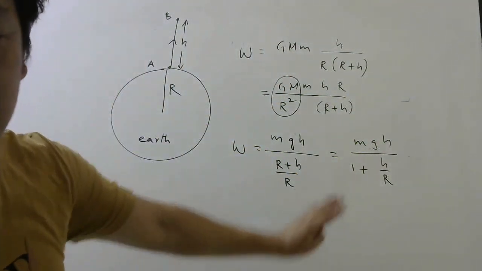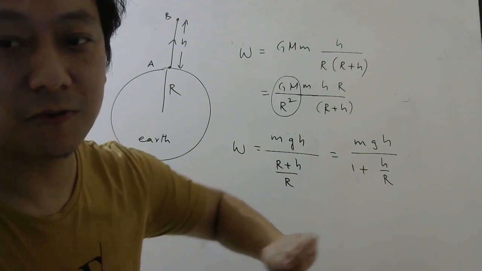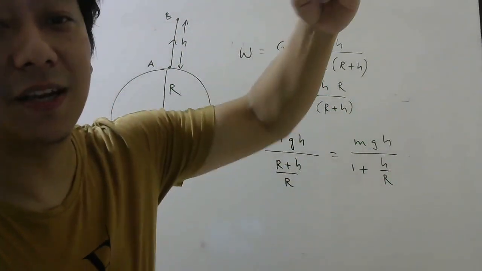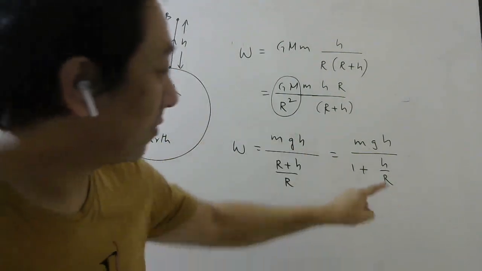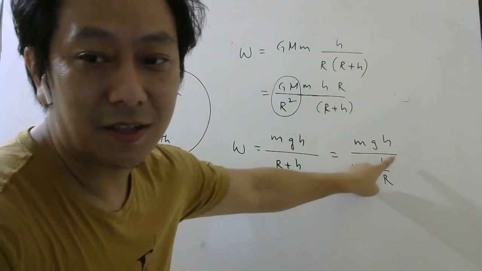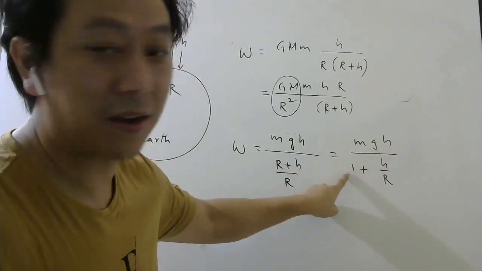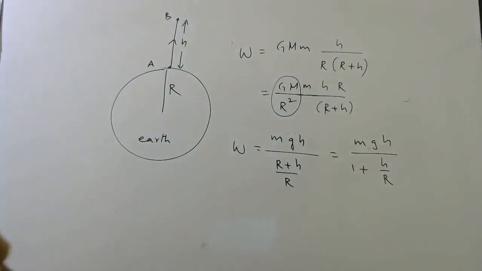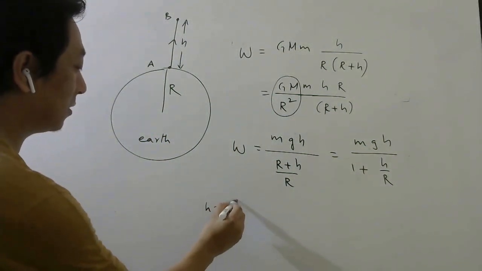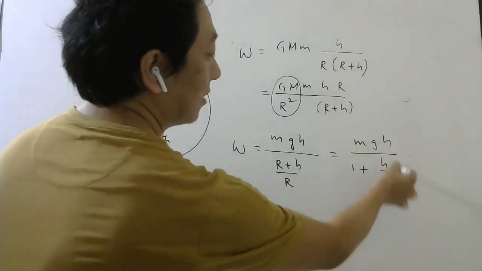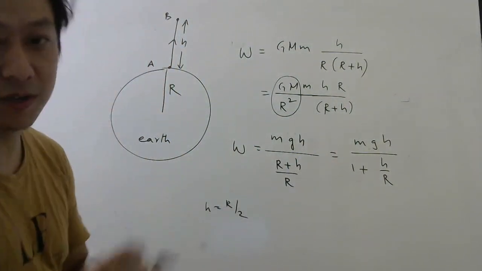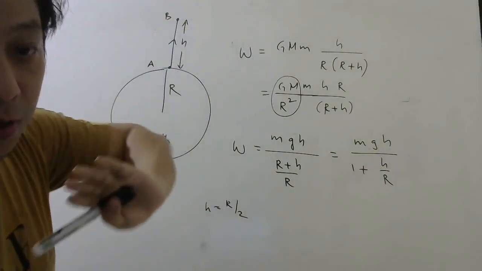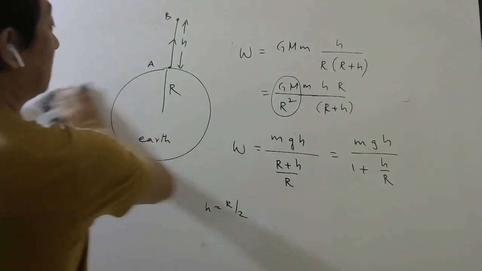So this is a formula you will find in many textbooks. People use this to find directly the work done to take a body from the surface to some height h. Now if your height is very small, if h is very small compared to R, then h by R will be almost 0 compared to 1, right? In that case it will become mgh. Okay, but if your height is, let's say, R by 2, then you cannot neglect this compared to 1, then you can solve. Now this is if I go from the surface to some point, that also without any change in kinetic energy.